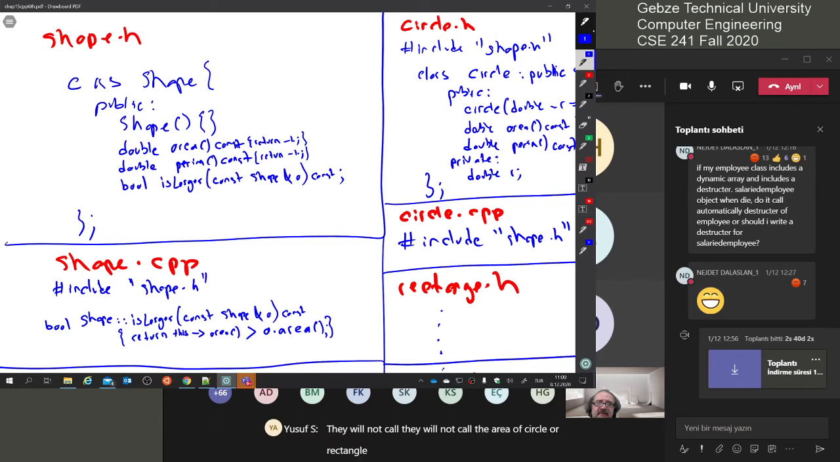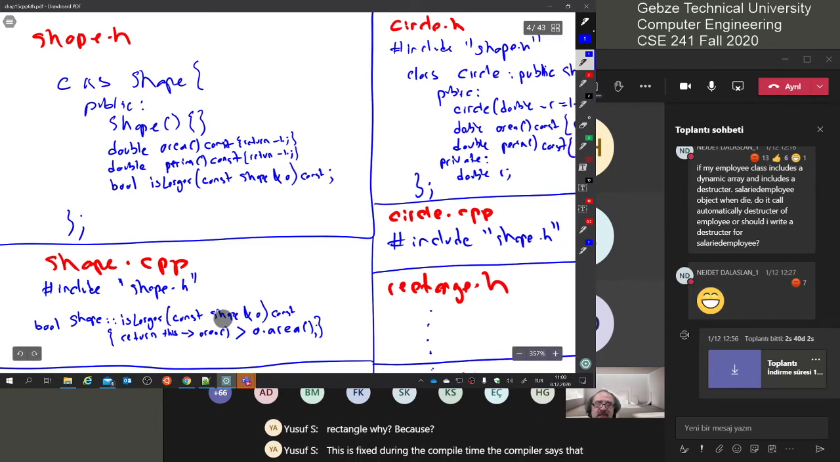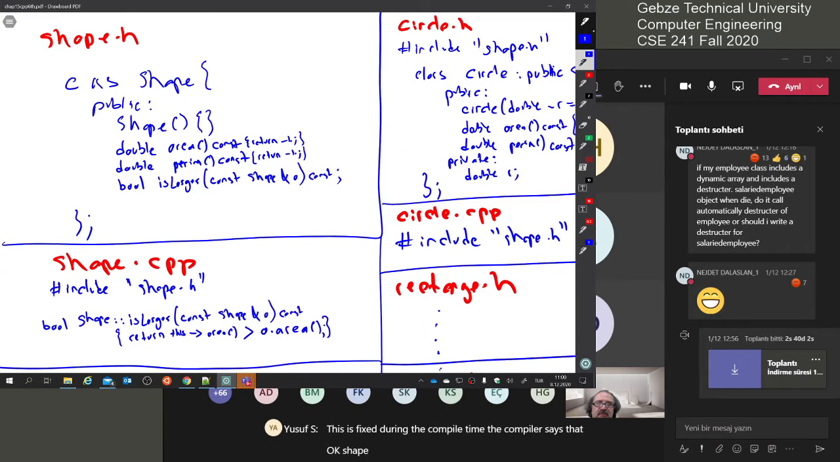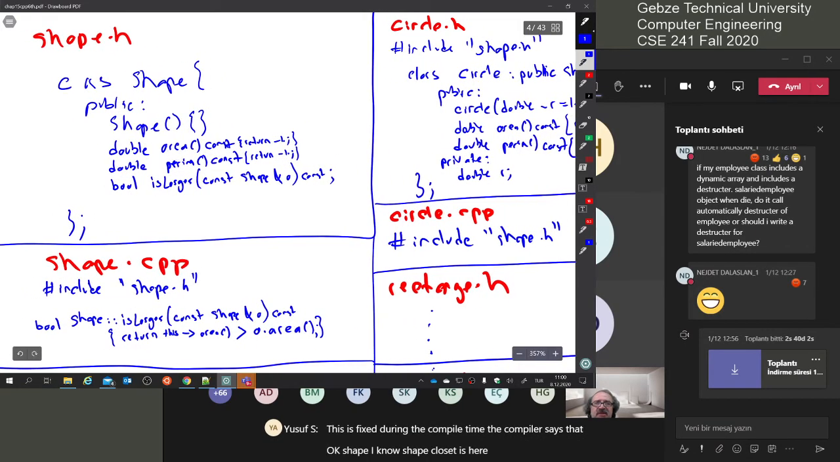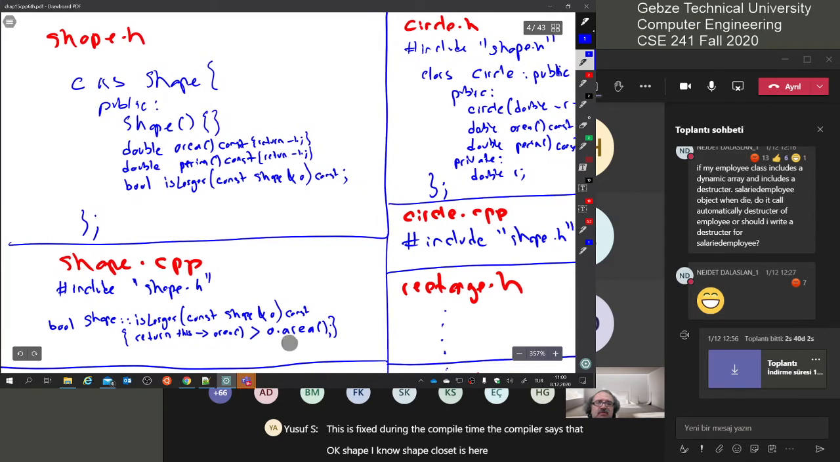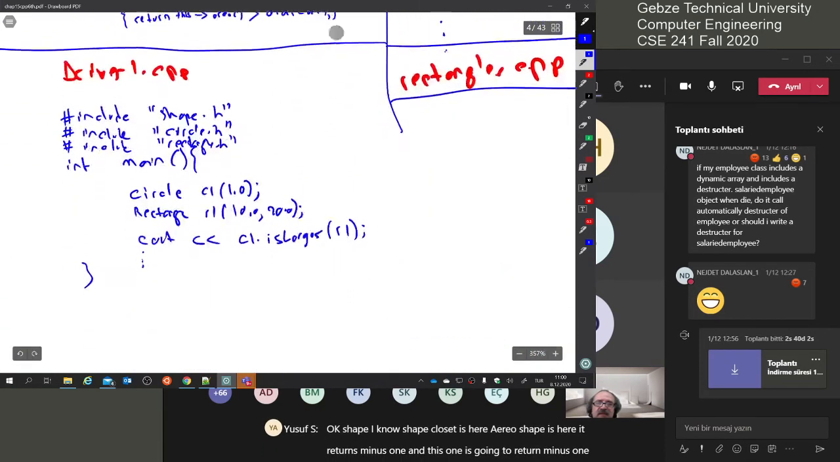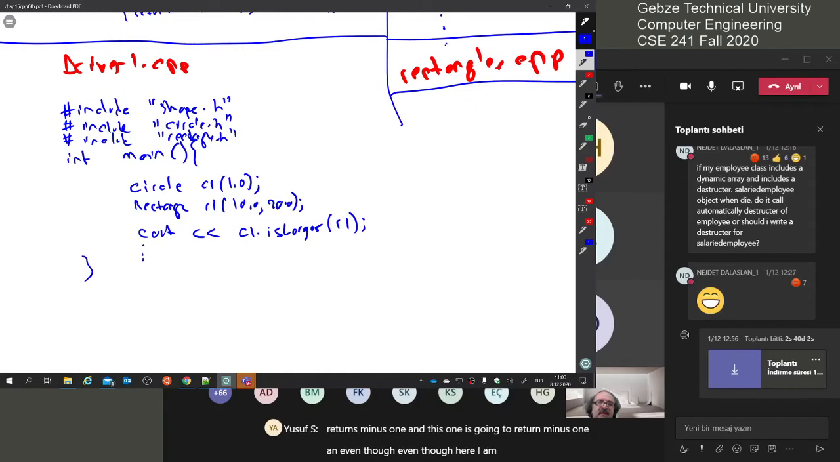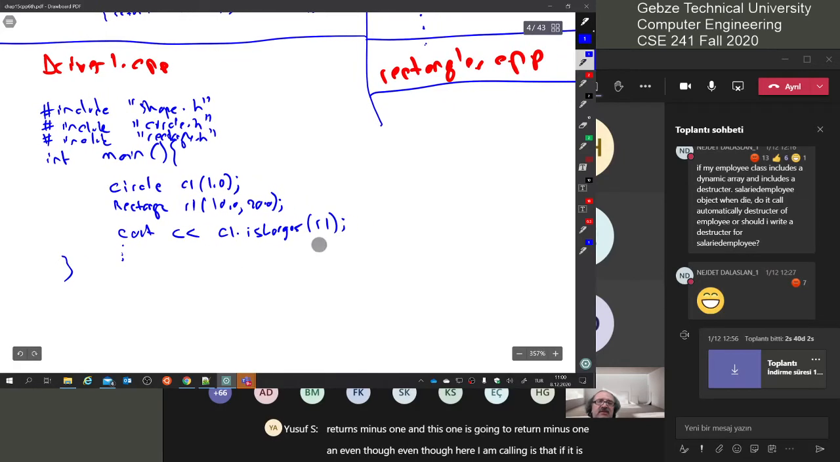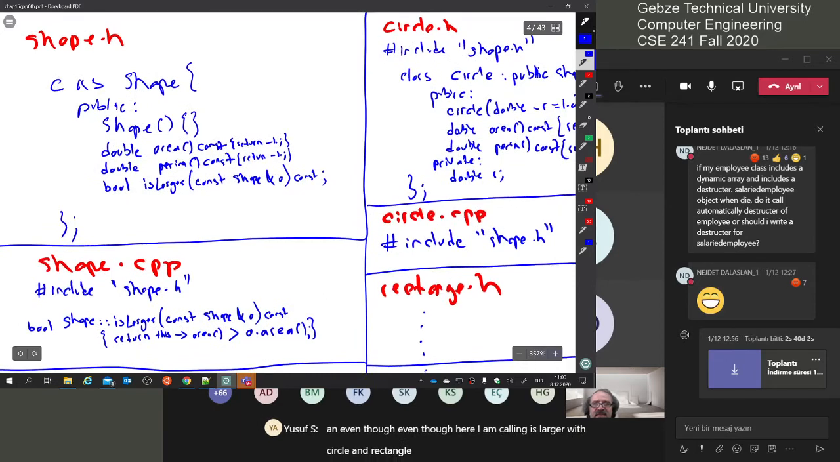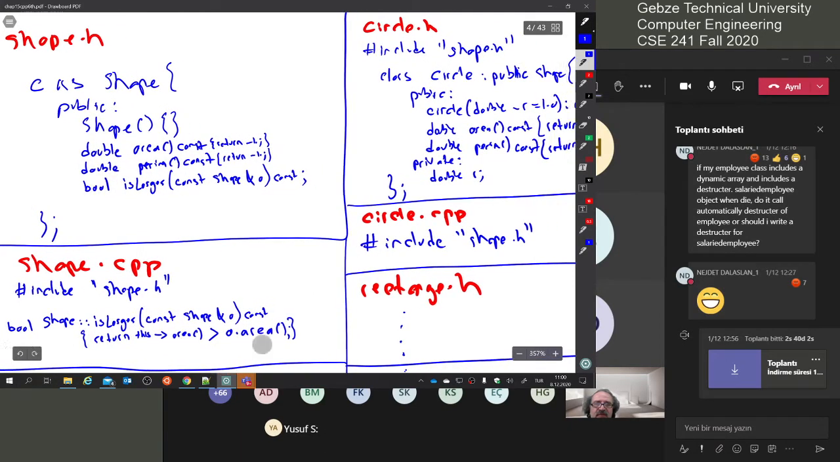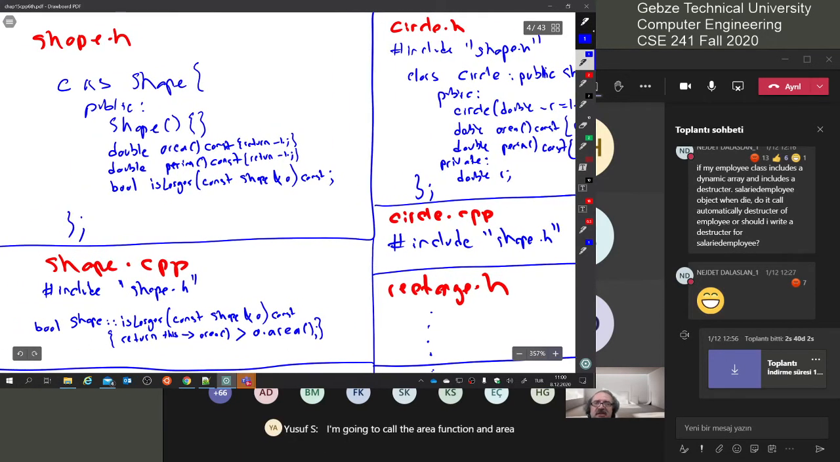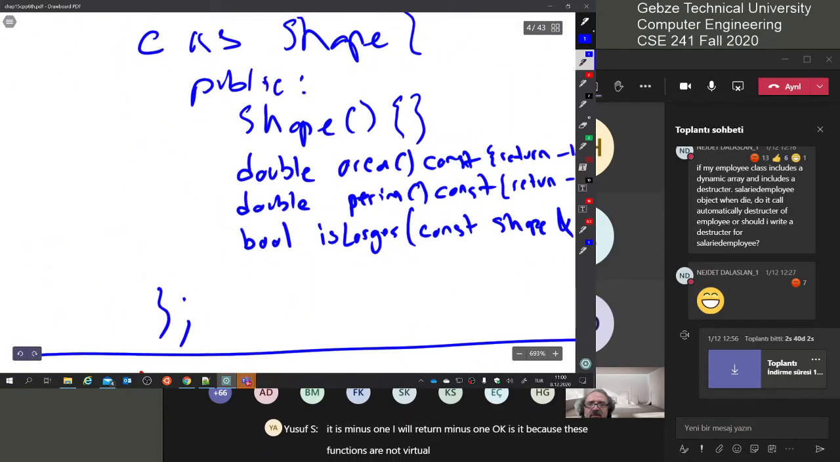Why? Because this is fixed during the compile time. The compiler says, okay, shape, I know shape class, it is here. Area of shape is here, it returns -1, and this one is going to return -1. And even though here I am calling is larger with circle and rectangle, this function says that I am going to call the area function, and the area function is here, it is -1. I will return -1. It is because these functions are not virtual. If I make them virtual,